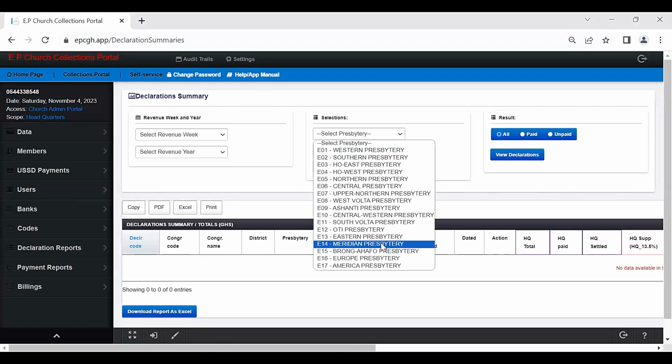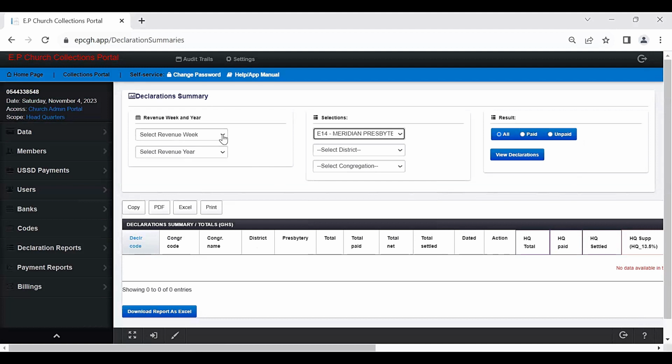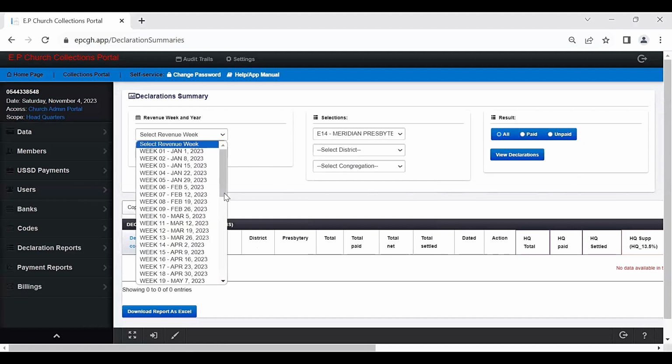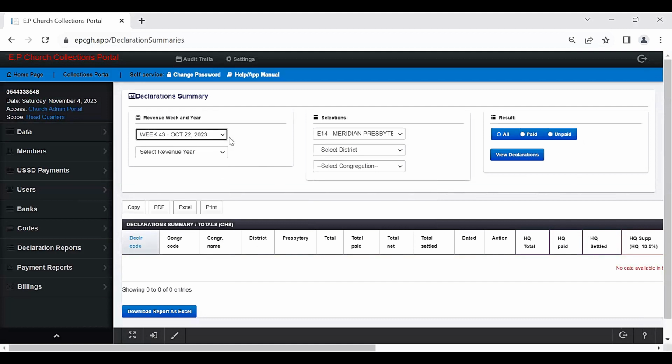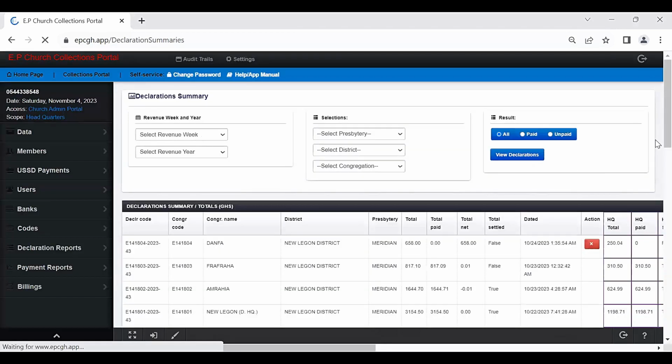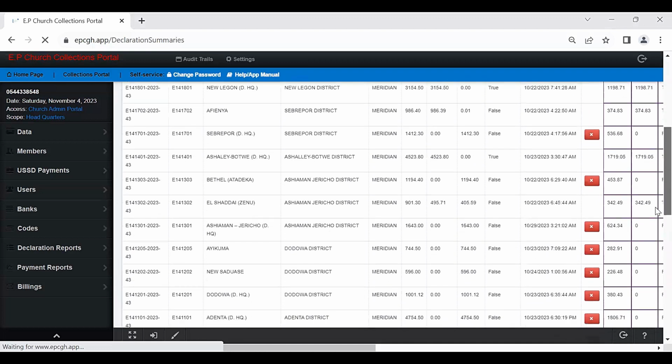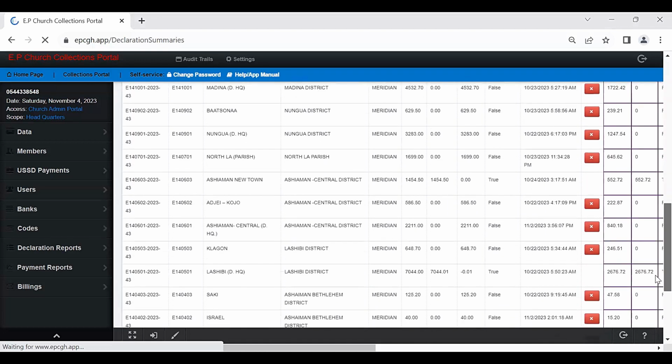If I select Meridian, and then I select that same week in October, let's say 22nd October, and then I select also the year. This, I just want to show Meridian. I just click on declaration. If I view declaration, it's telling me that for that week, Meridian, a total of